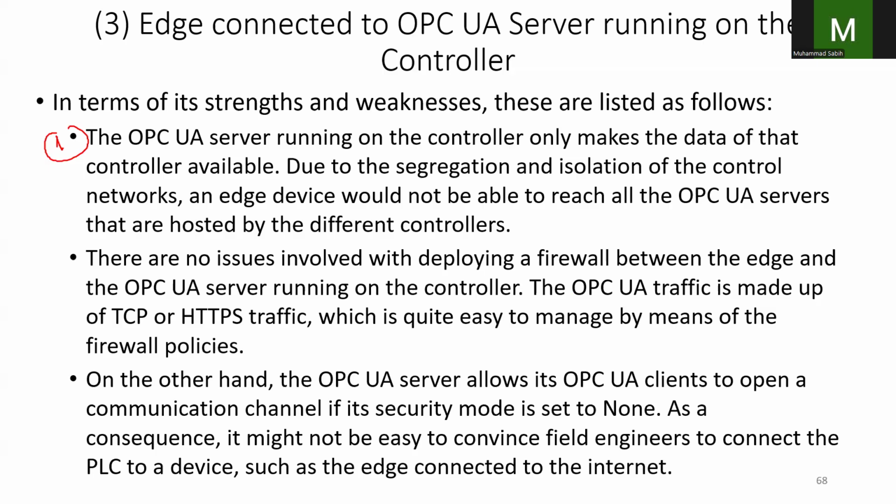However, from a firewall management perspective, this setup is quite straightforward. Since the OPC UA traffic is based on standard TCP or HTTPS, firewalls can handle this easily with basic rules or settings. So there is no need for deep packet inspection like we do in the Profibus